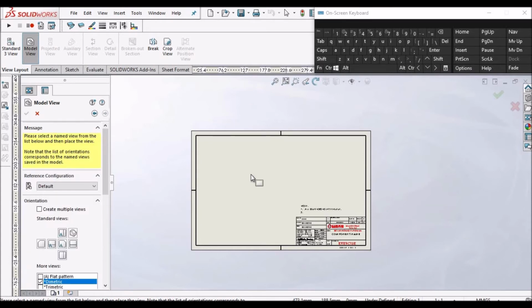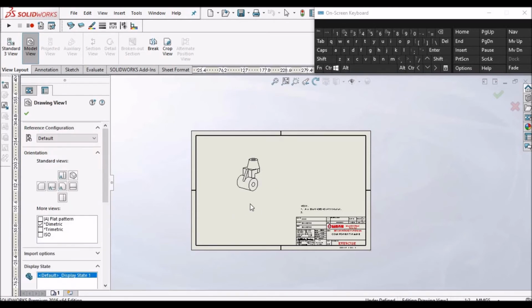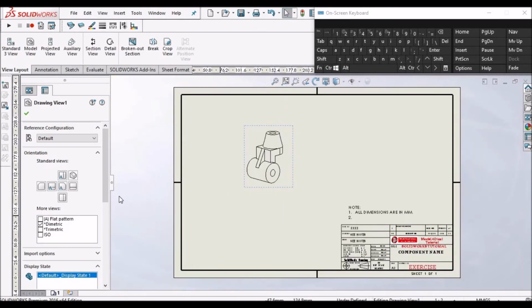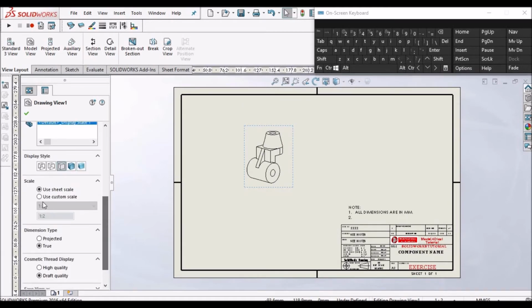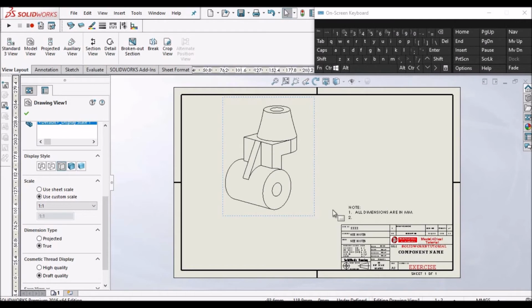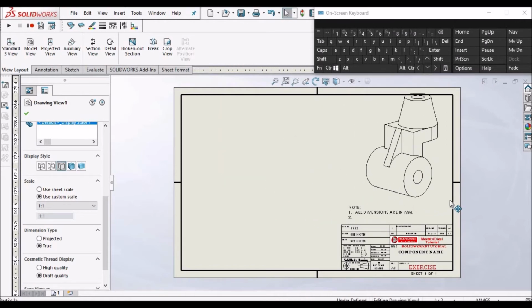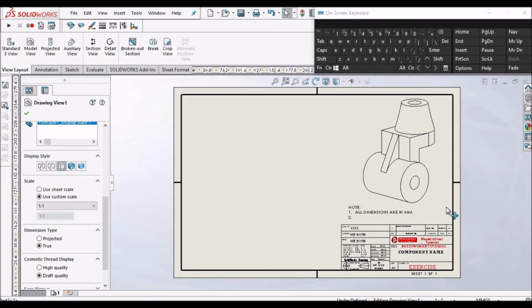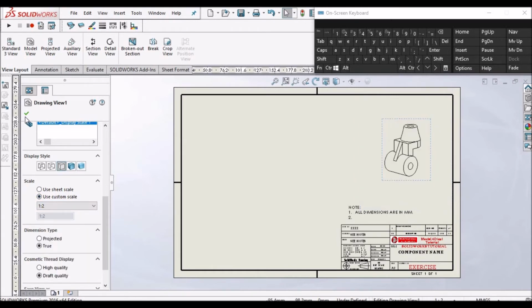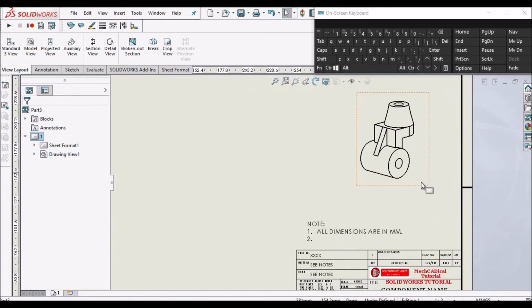Just click here and place it over here. Okay. I can increase the scale if I want. So for example, I can keep 1:1. Okay. So if you don't like 1:1, you can keep 1:2 also. This looks better. I can give the shading of the color.